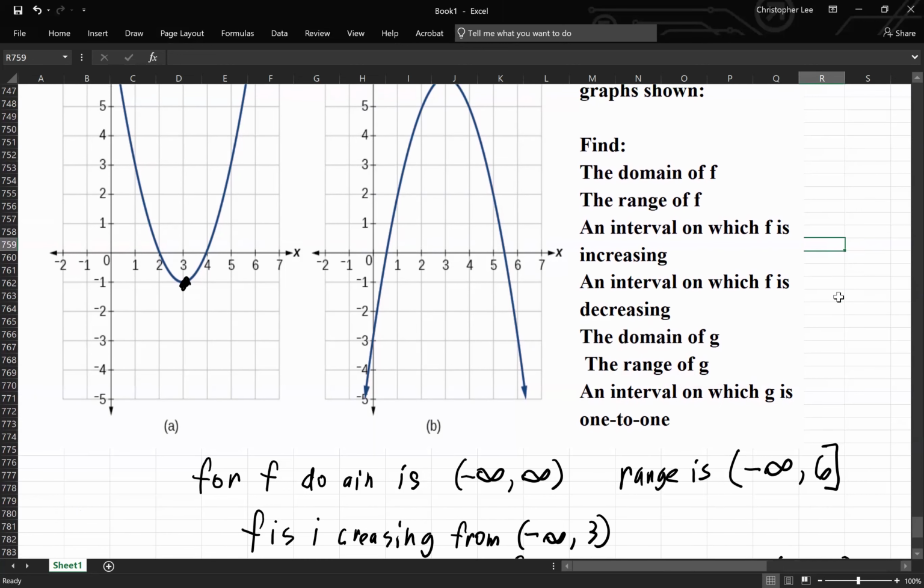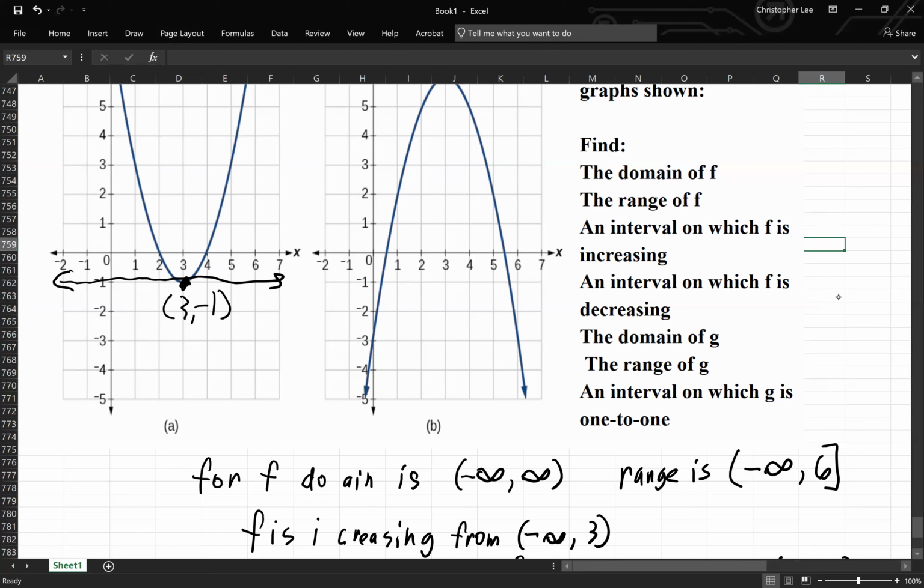But not an interval, right? So I would say at x equals 3, y would be -1 at that point, 3, comma, -1, the vertex, right? This point could probably pass the horizontal line test for 1 to 1, but the rest of it cannot,